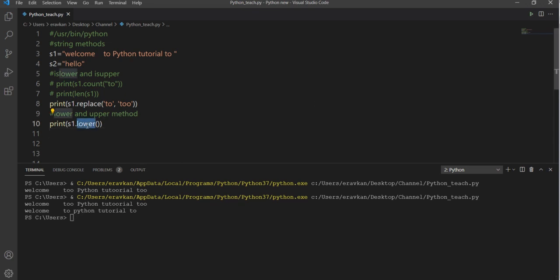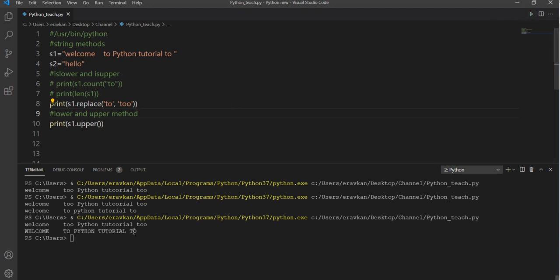Similarly I can do upper also. These are very important; we will use lower and upper when we compare strings, when we like to check whether one string is equal to the other. I will explain them when we go to the practical example of our code.